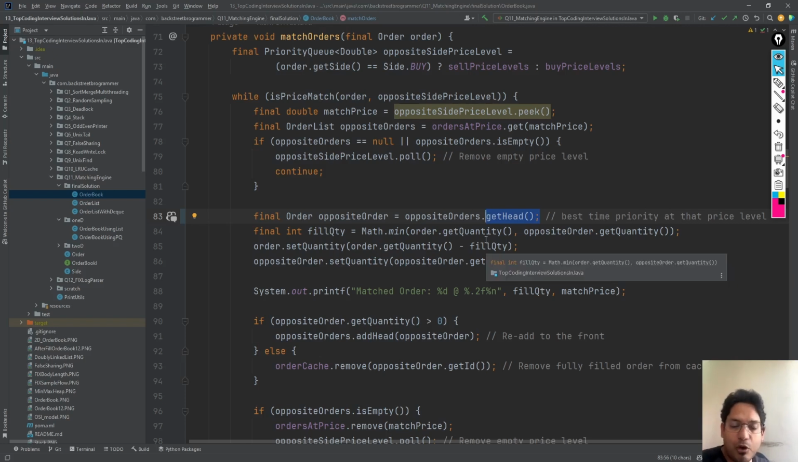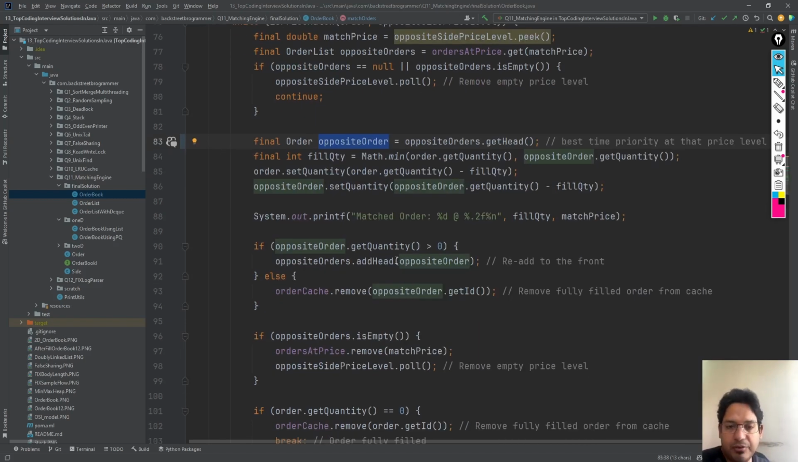So every time I'm trying to match, I will always get a price already. Now I'm trying to check which has the best time priority also. So this is when I get the opposite order. And then as we discussed previously, we will take the fill quantity, which is the minimum of both the buy order and the sell order, and we will fill with the minimum quantity